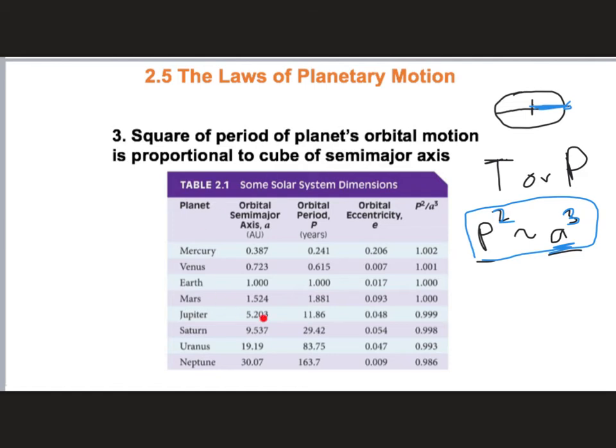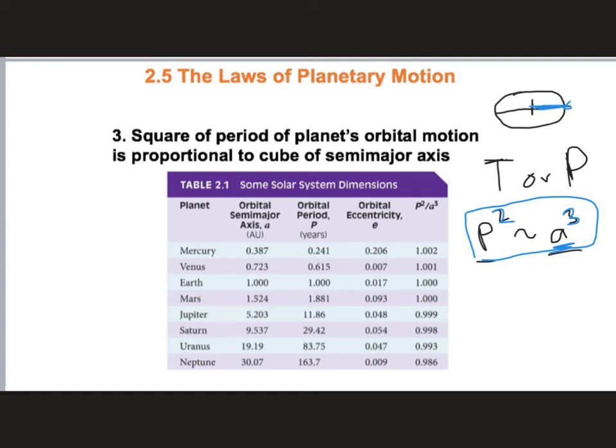Now, let's look at this big chart of data in the middle of the slide here. What we have is the orbital semi-major axis, that's our A value, and it has units of AU, that stands for astronomical units, and we're going to talk about what that is in a minute, but that's just a length, like a mile or a kilometer. It's not a mile or a kilometer, but it's like that. It's just a length unit. And so the orbital semi-major axis A in AU, and different planets, so you can see the Earth's orbital semi-major axis, if I find the Earth, that would be 1.0, and we'll talk about why it's 1.0 in a minute, but